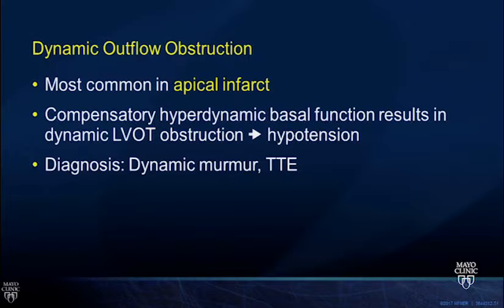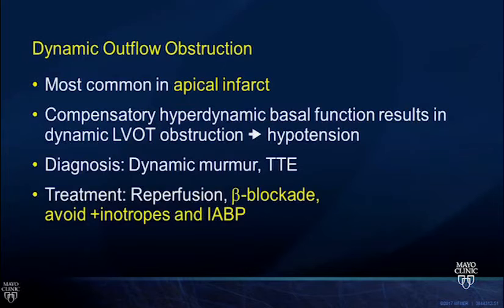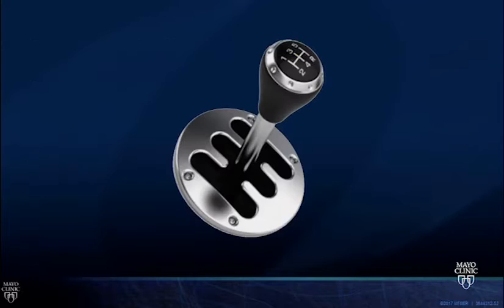But you might look at me and say, well, Geske, who cares? All these outcomes, this person's hypotensive. What's the big deal about this one? It's because management differs, right? When you have this person presenting with hypotension, you give them a beta blocker, right? A beta blocker is going to decrease that hyperdynamic basal myocardium and actually paradoxically improve your blood pressure. Furthermore, you want to avoid inotropes or a balloon pump because both of those things are going to worsen your dynamic outflow tract obstruction. So management differs despite similar presentation of hypotension post-MI. So recognizing this is important.